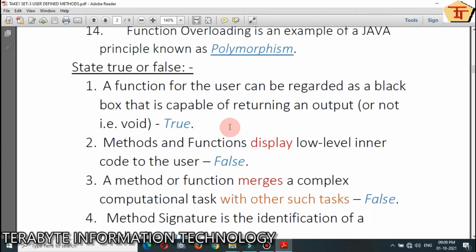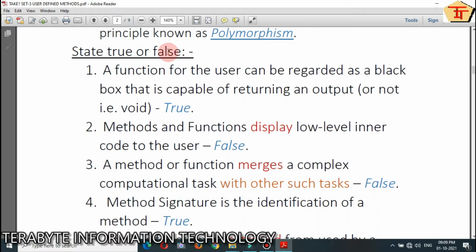Now the next type of question is true and false. Number 1: a function for the user can be regarded as a black box that is capable of returning an output or not, that is void.